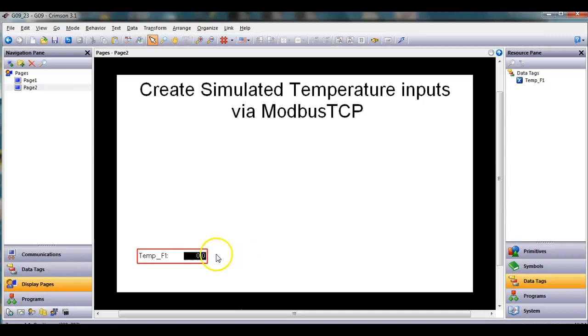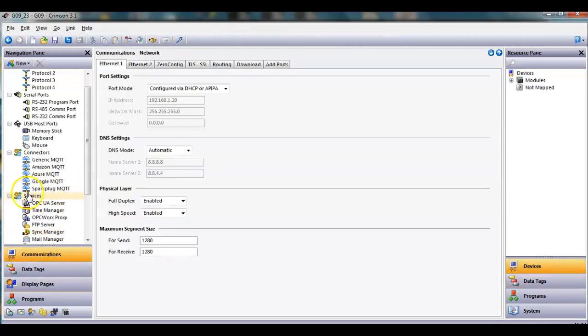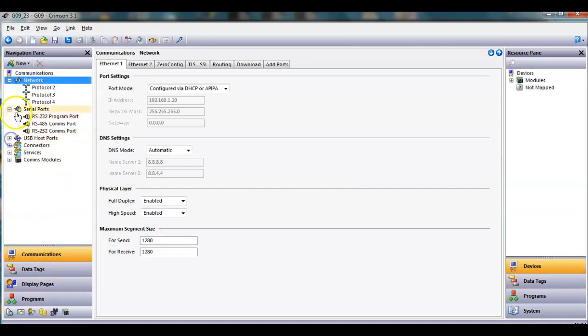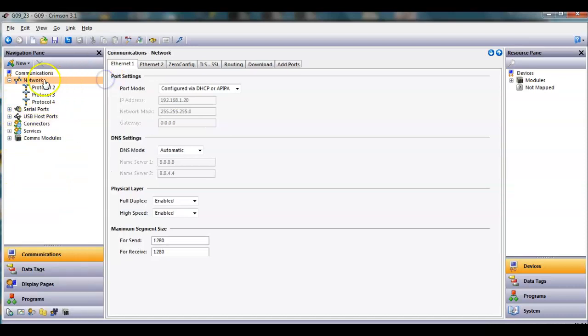Now what I want to do is I'm going to take this value here, and I want to share it with anybody else to read via Modbus. So I'm going to make this HMI here be a Modbus TCP slave. So I'm going to click on Communications over here. Let me collapse all of these huge trees that are open for some reason. And if I go up here to Network here, I go to click on,